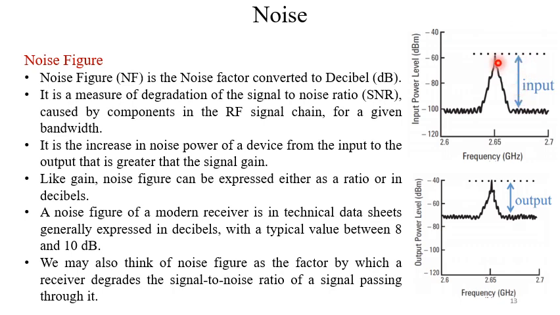So though we have amplified it, the signal is amplified from minus 60 to minus 40, but at the same time, because of additional noise, the previous input noise was minus 100 dBm, but now the noise becomes nearly minus 70 dBm. So it is enhanced by nearly 30 dB. That means the difference between signal and noise is lesser at the output of the system compared to the input. So that's the problem.